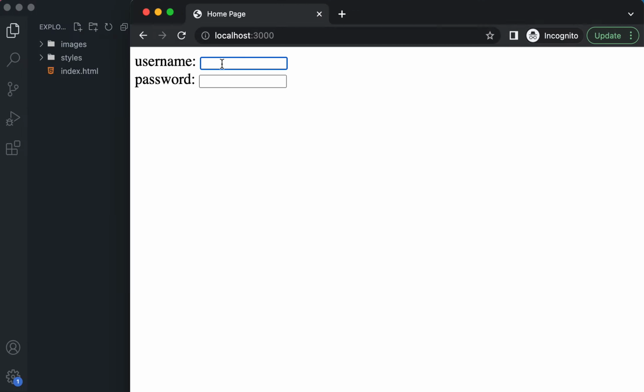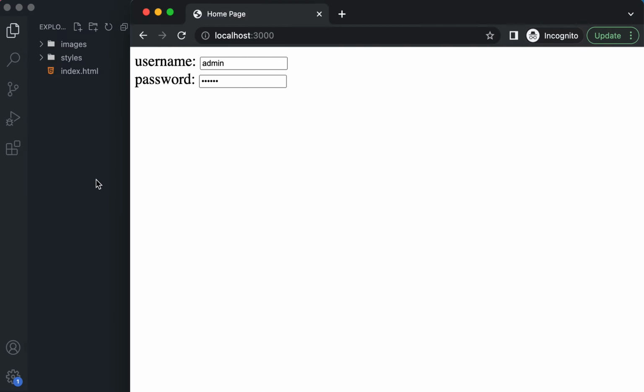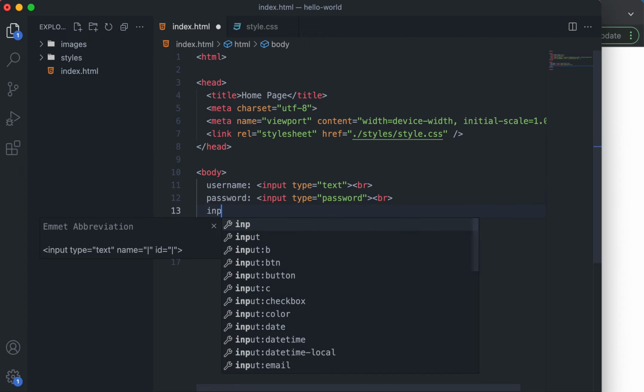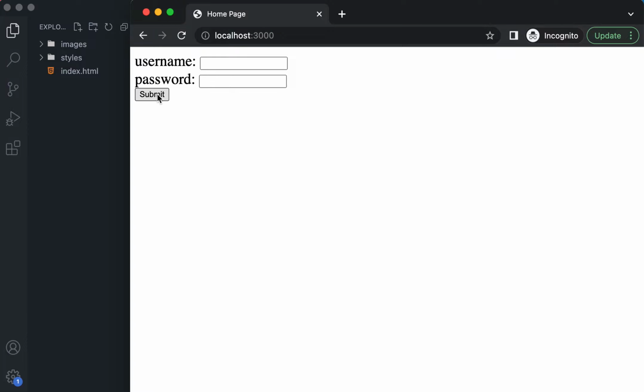If we are taking some username and password, then we have to submit it, only then can it go somewhere. So there is also an input type submit, where the type is submit,